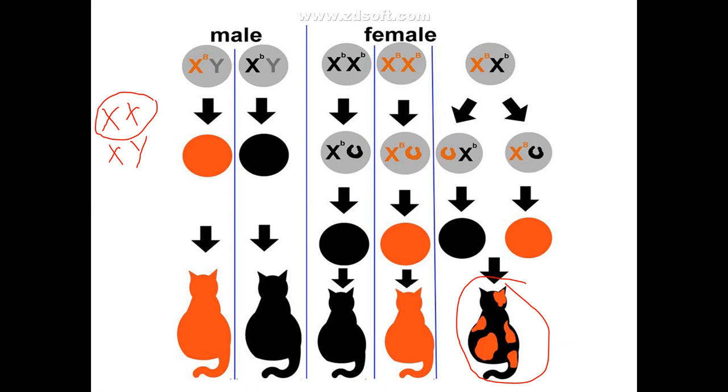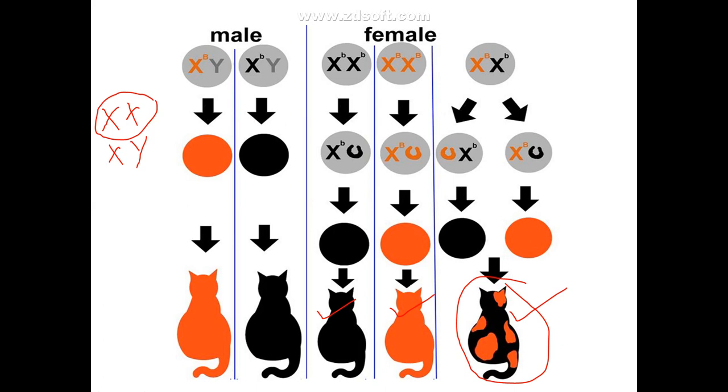In female, the color can be of three types. Either it can be black, it can be orange, or it can be calico, a mosaic color of black and orange. So why is this so? If the X chromosome carries the trait for black color, the fur color should be black, so the cat is black, though it is a female. If both carry orange, then the cat is orange in color, and it is a female because it is carrying X and X.